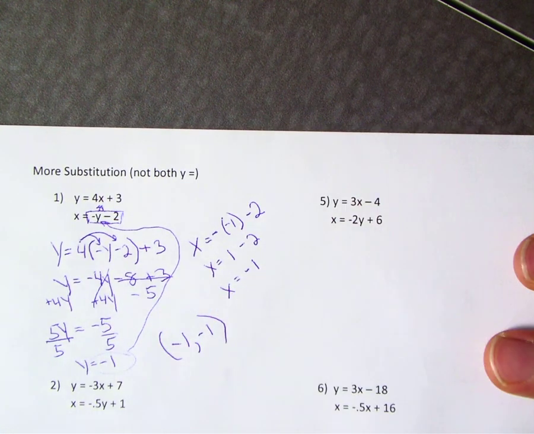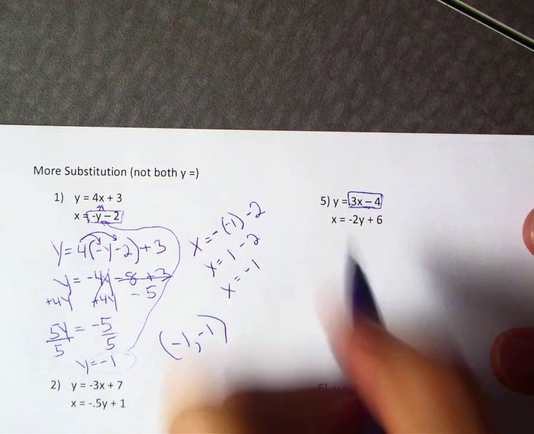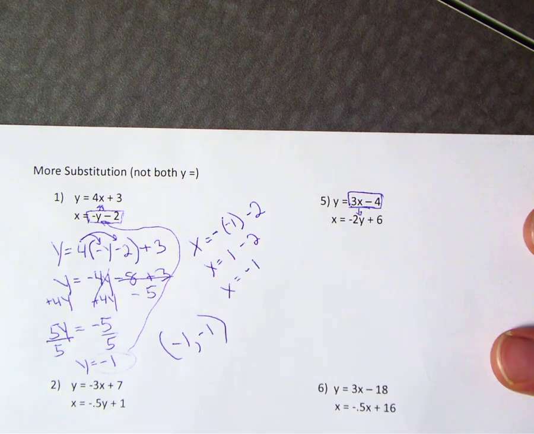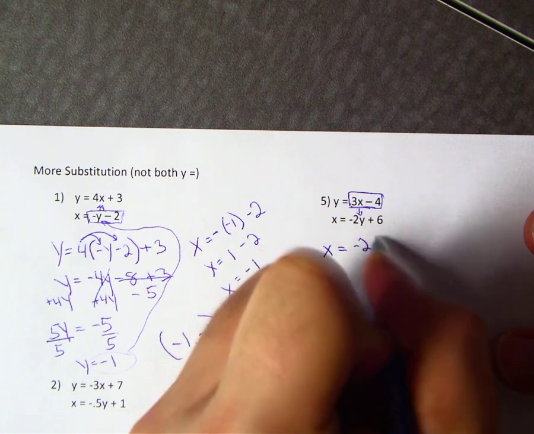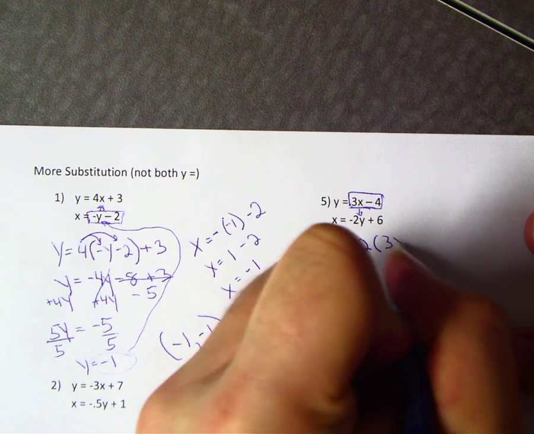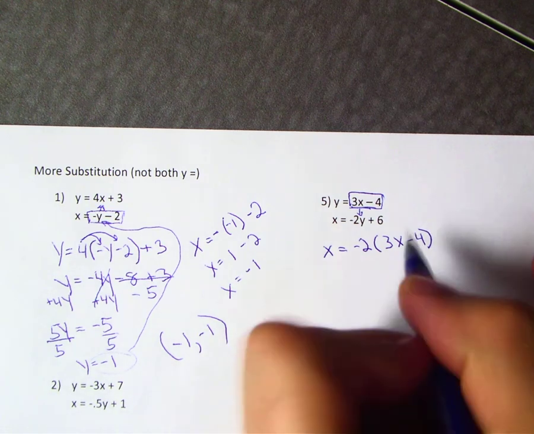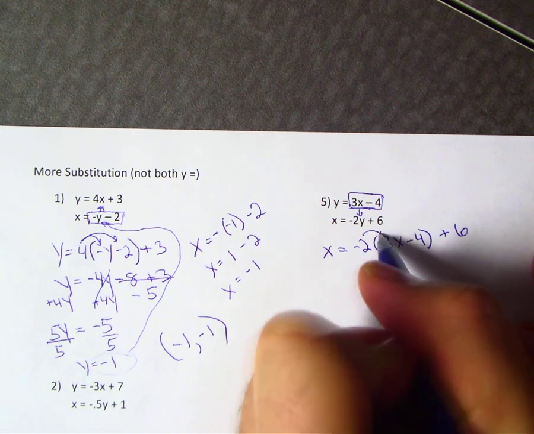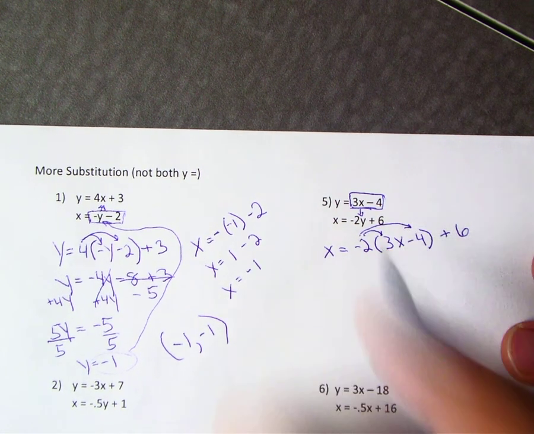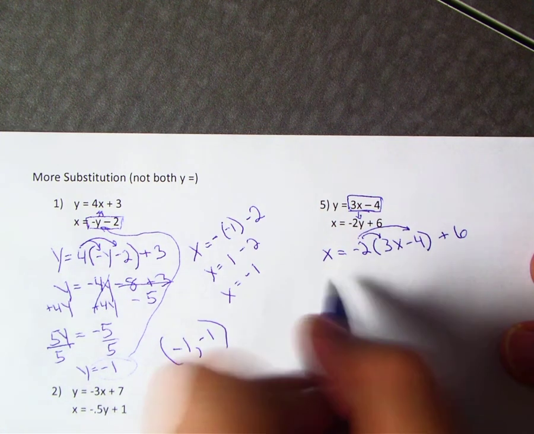Alright, so on number 5, this time I'm going to take what y equals and plug it in for y, because it's what y equals. So now I'm going to take the bottom one, x equals negative 2 parentheses 3x minus 4. Those parentheses are really important that you keep those, right? And then we still have the plus 6. Okay? And they're important because that reminds us that we have to multiply the negative 2 times both of these things in here, because that's what y equals. And all of what y equals has to be multiplied by the negative 2. And that gives us x